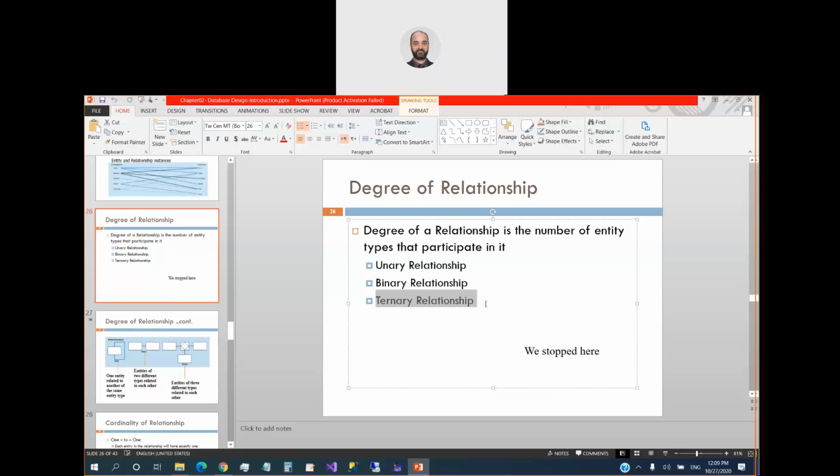So this is the degree of the relationship. Here I will give you some examples to understand. Let's say we have one table here, and the relation is between the table and itself. This one is called a unary relation, because this relation is